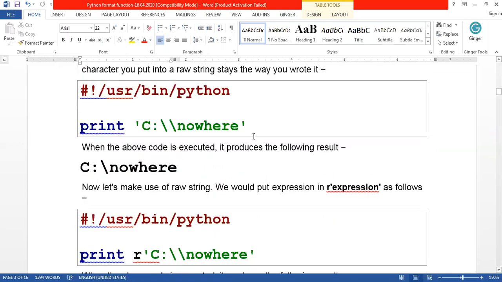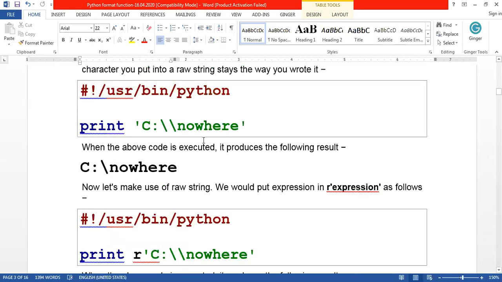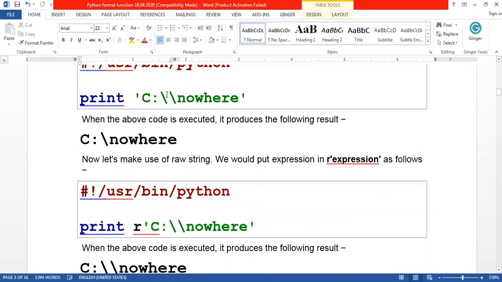So let's see the difference between a normal string and the raw string. This is a way of using a normal string, and this is a way of using a raw string. Just before the string, an R should come, which means that it is a raw string. Look at this example. Whenever something comes after the backslash, it should be displayed in the output. Here one backslash is given after the backslash, which means in the output the backslash should come. In case a star comes here, instead of the backslash, the star will come.